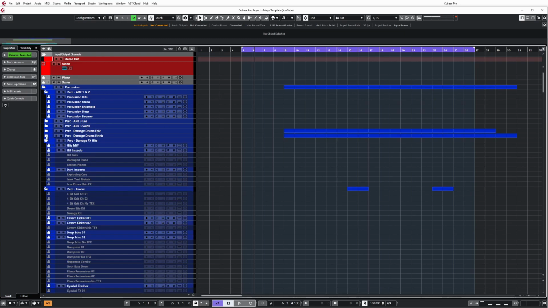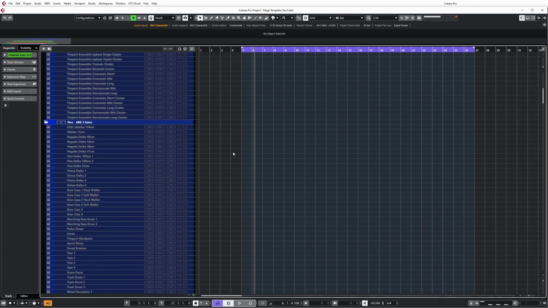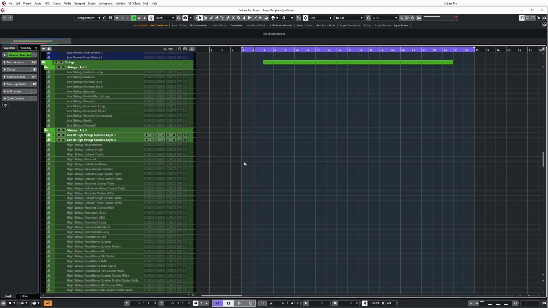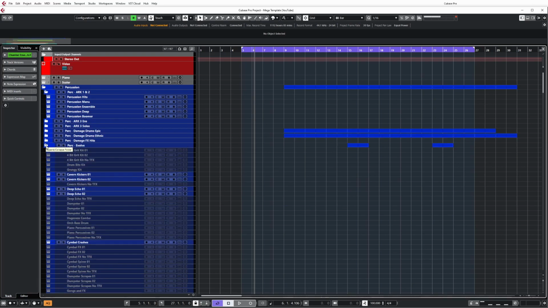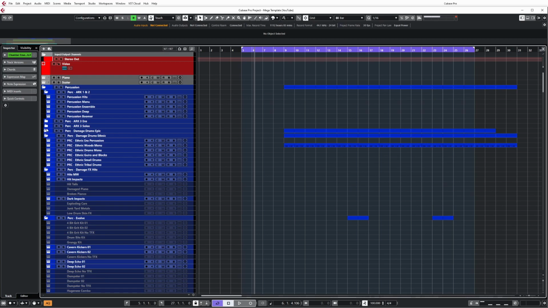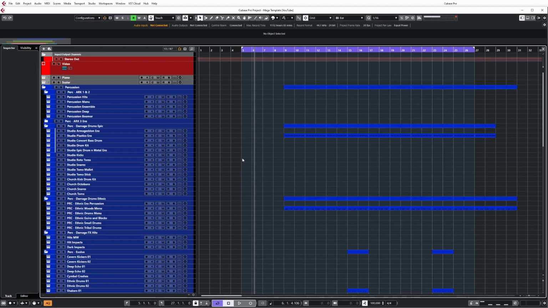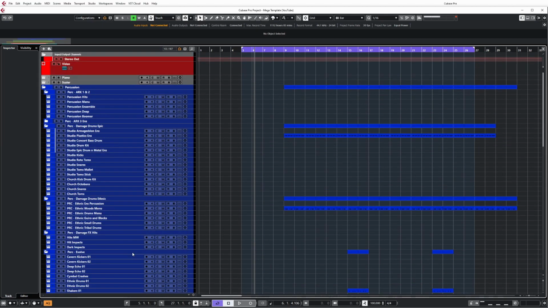Now, one of the inherent drawbacks of working with massive templates, especially if you don't organize them, is that you're going to be scrolling up and down a lot through lots and lots of different tracks. And sure, you can add things into folders and try and work as neatly as possible, but it still is annoying and time consuming. So one of the key commands that you can use, I showed you how to create in a previous video, will hide all of the disabled tracks inside of a project and only show you the tracks that you have chosen to activate, which is really useful because this essentially becomes your template